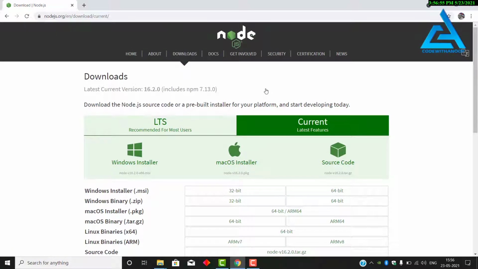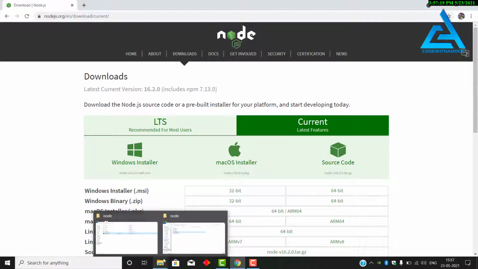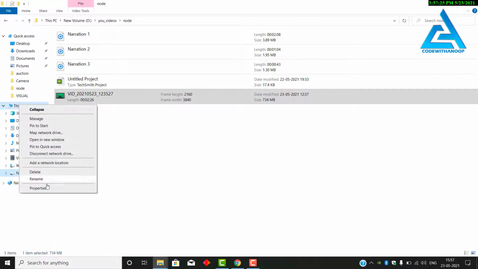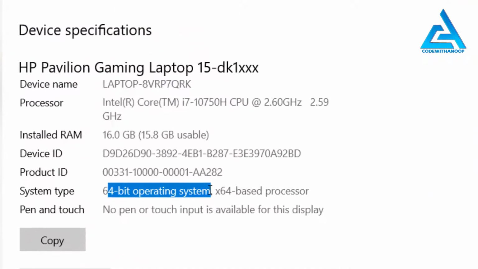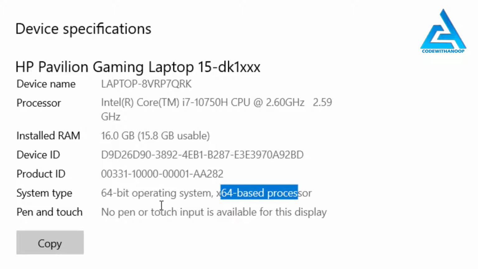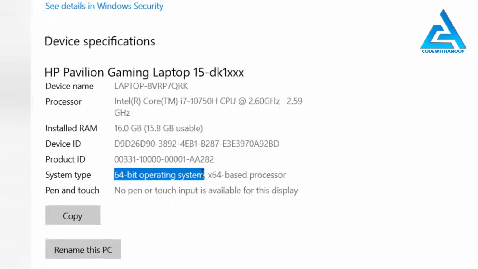And we have three other options: Windows installer, Mac and source code. We don't want the source code and Mac installer, we just want the Windows installer because my system is Windows. If your system is 32-bit, you can download the 32-bit, otherwise 64. To check it, we shall go to This PC and you can see if it is a 64-bit operating system or not. So search for your system type, the first one, not the second one,